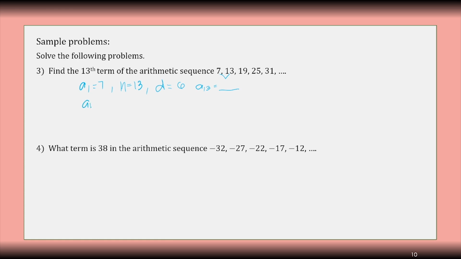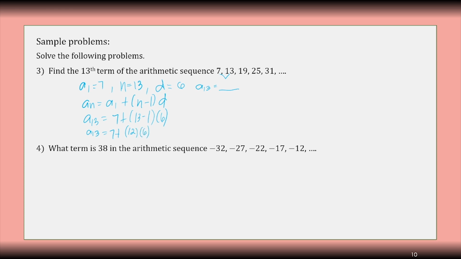So, a sub n is equal to a sub 1 plus n minus 1 times the common difference. So, for a sub 13, a sub 1 is 7 plus, ang n natin is 13, minus 1 times the common difference which is 6. So, we have a sub 13 is equal to 7 plus 13 minus 1, which is 12,